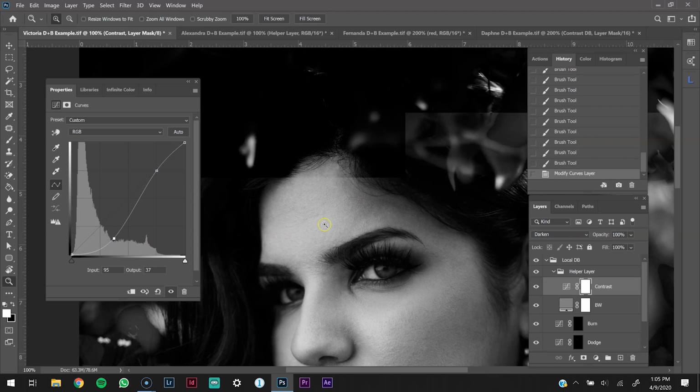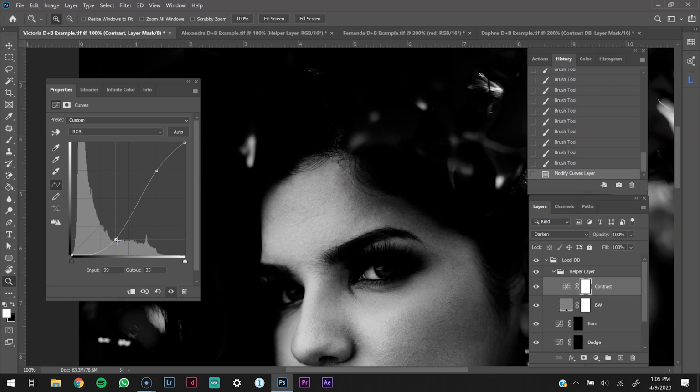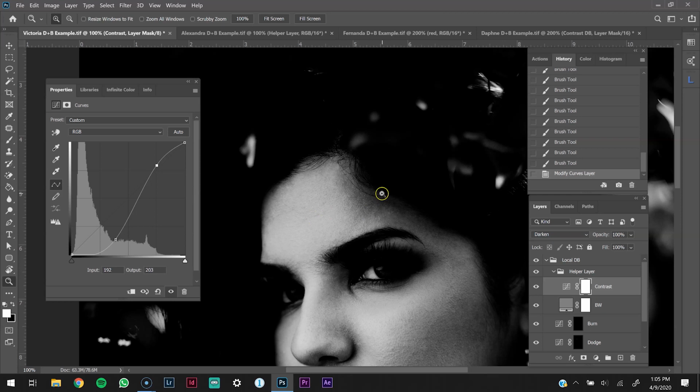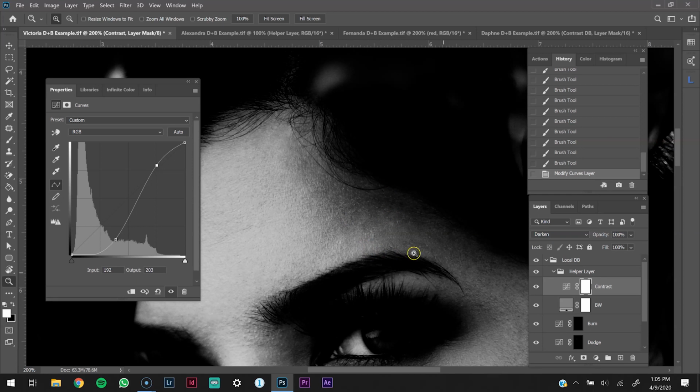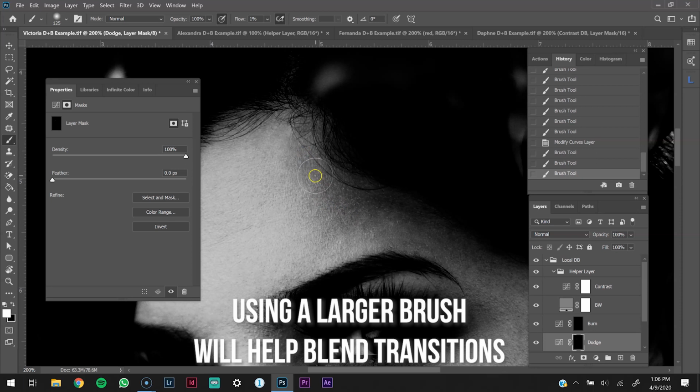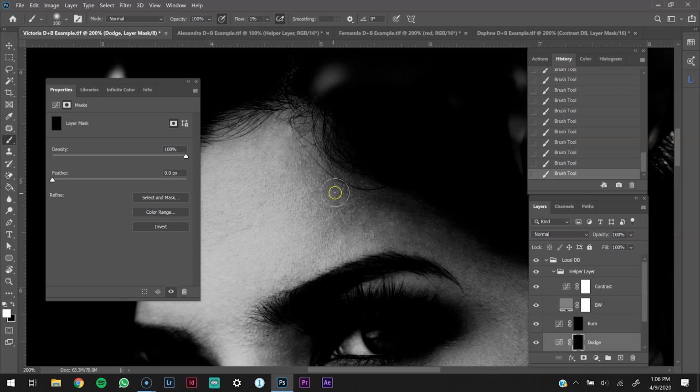So remember that you're always using the helper layer to help guide you in specific areas that you're working with. I don't leave it set to that same area the whole time while I'm dodging and burning with that specific setting. So I'm adjusting it so that I can see this little area, and I think it looks pretty good now. So I'm going to go to dodge, and instead of getting a small brush and evening out, I'm going to get a bigger brush so it'll get an easier transition, just like this. And because we're at that 1% flow, it should be doing a good job of evening out